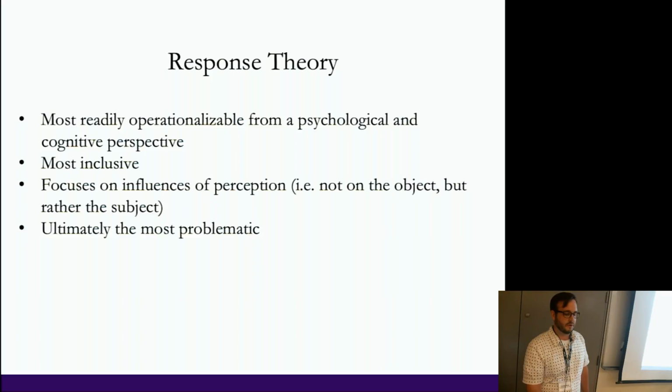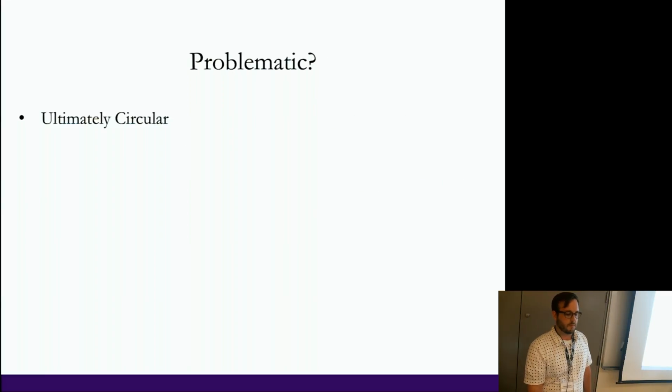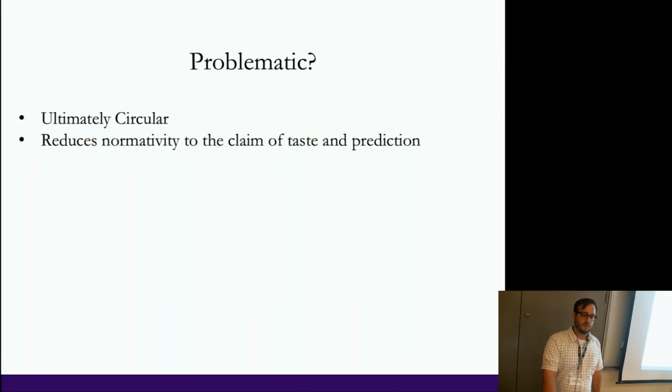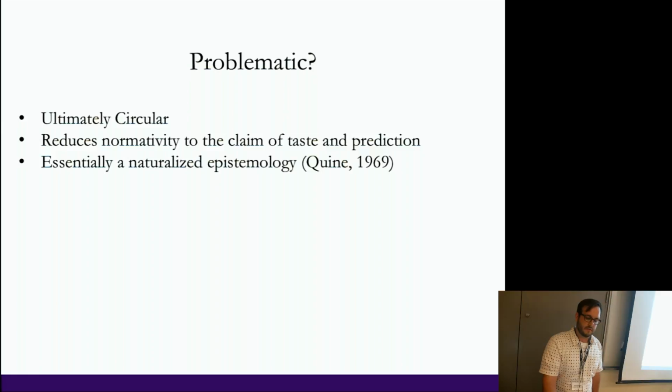And I believe that this is ultimately the most problematic. And at the root of this is that it's circular. It's circular because the claim is that the aesthetic value is defined by the existence of aesthetic value. And this reduces normativity to a claim of taste and prediction. And this form of normativity isn't actually a real normativity. It's actually relativistic, which is a naturalized epistemology, which is to say, at its base, it brackets metaphysics, resulting in